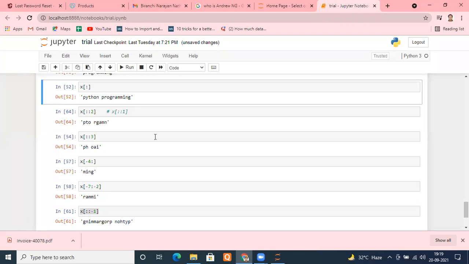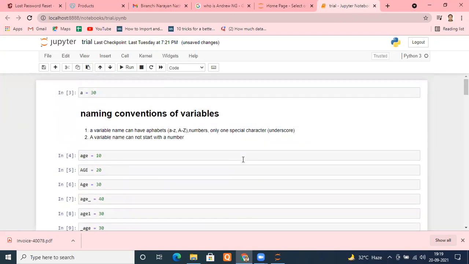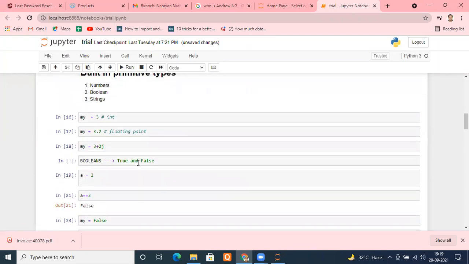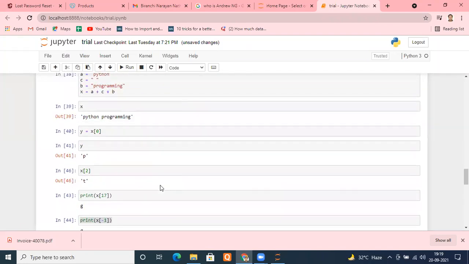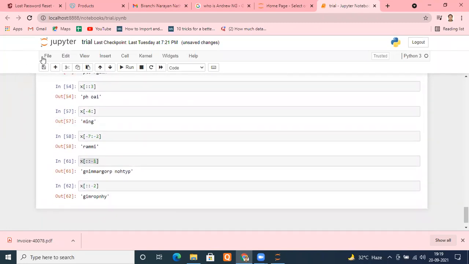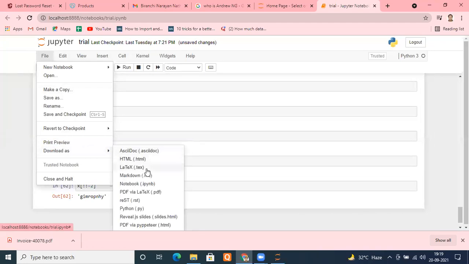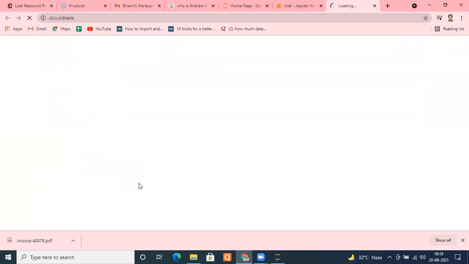Got it. Okay. I think this is ample. I will advise everyone, please practice this. I'm going to share this file with you, whatever I have done here, so that people can see what is happening here and you can try yourself. Let me download this as a Python notebook, its name is trial. Yeah, let me save as a PDF. If you want the notebook, then I can share the notebook. If you want to run your Python file, let me share it as a notebook, no issue.